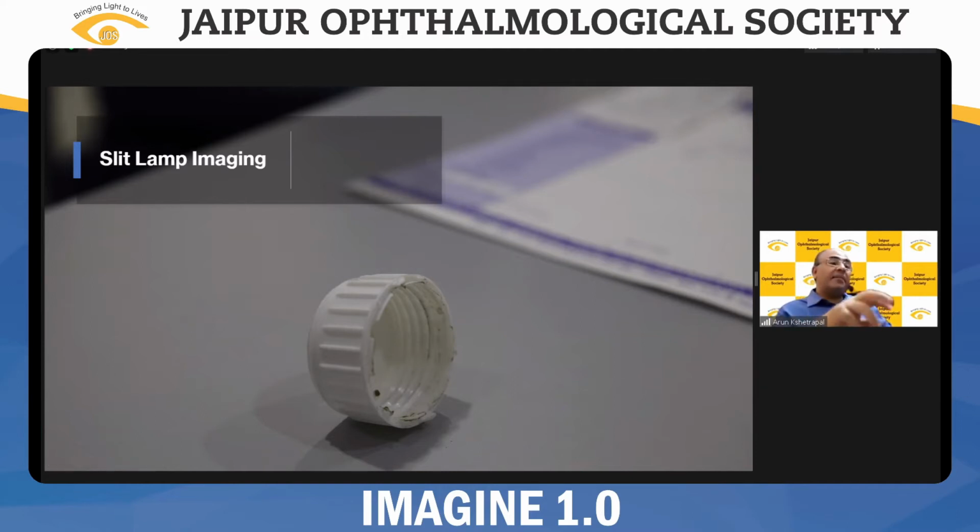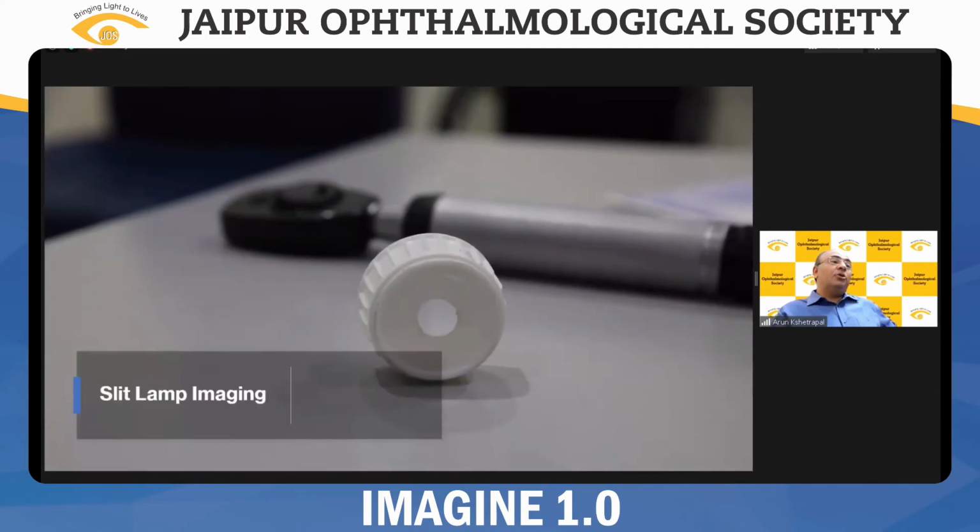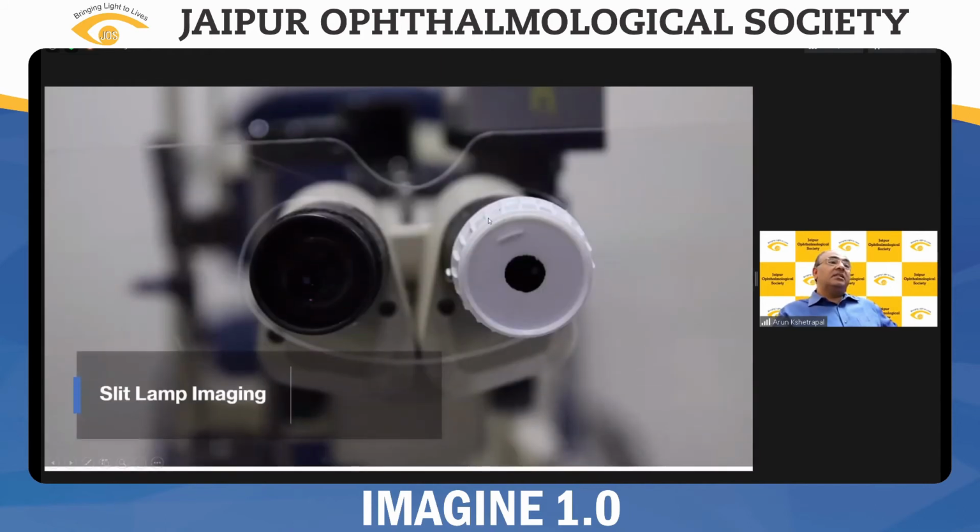This is a cap of the Tasky solution, which we get for cleaning the floor and everything. You can take that cap and make a hole in the center of it. Then see that this cap fits onto the ocular of the eyepiece of the slit lamp.